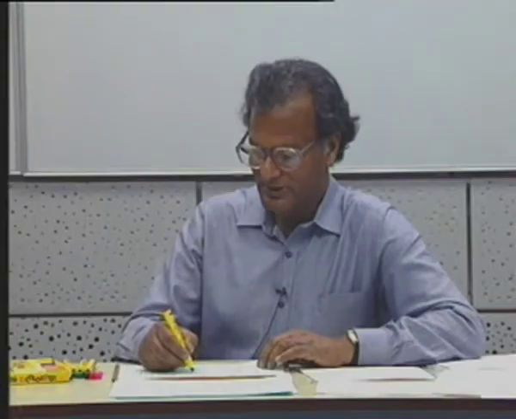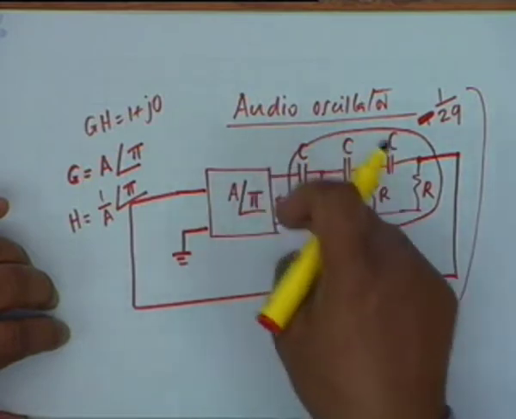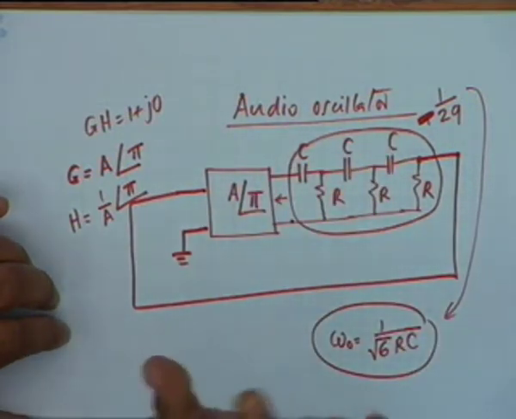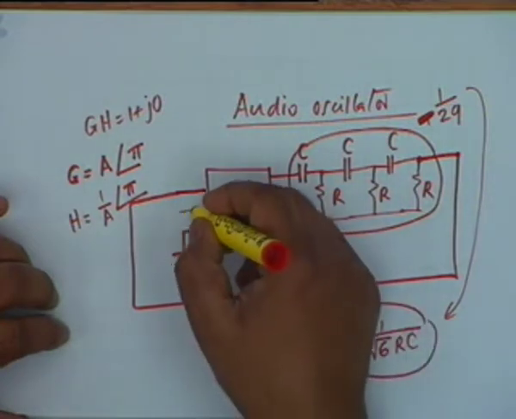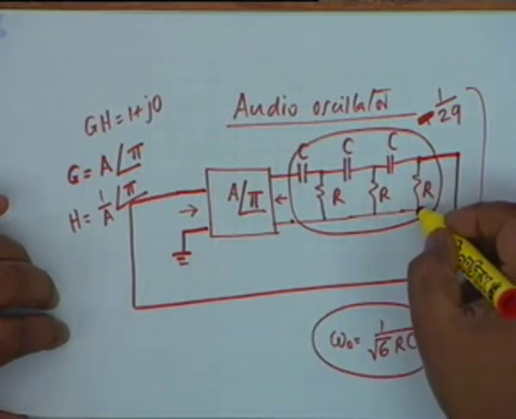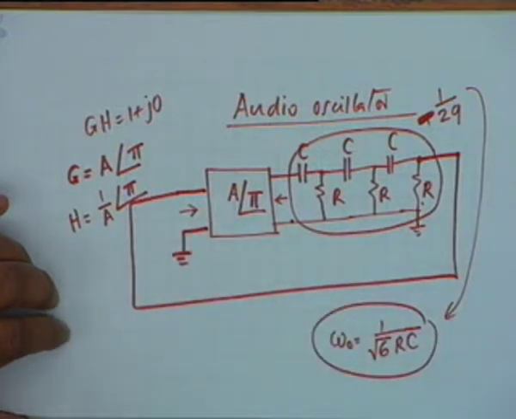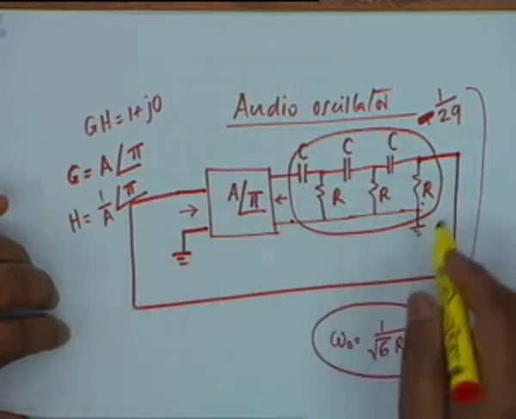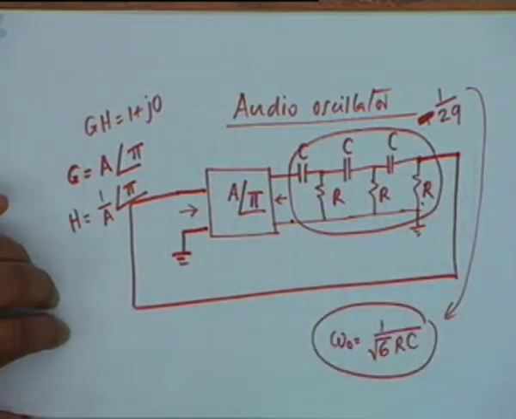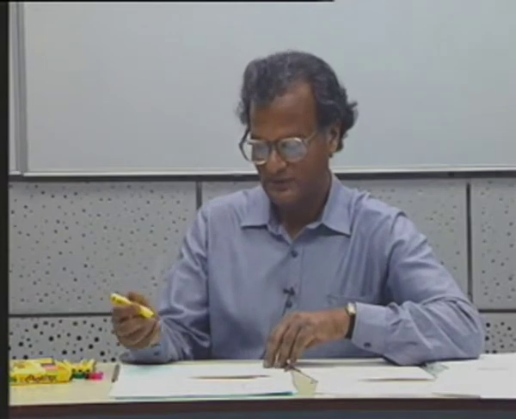Unfortunately, if you use a single transistor, the output resistance of the transistor is not 0. Here we are assuming that the output resistance is 0, the amplifier is ideal, which is not the case. Similarly, the input impedance of the transistor is not infinity, that is, capital R is affected by the input impedance of the transistor. Input impedance of the transistor approximately is R pi. Therefore, the calculation shall be a bit more involved, and the actual circuit of a BJT oscillator